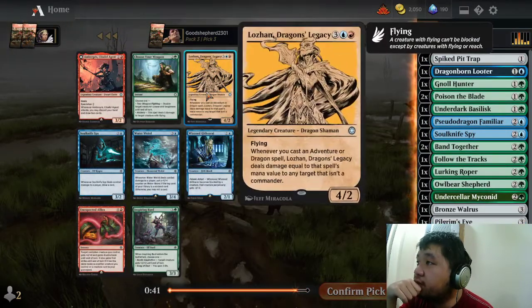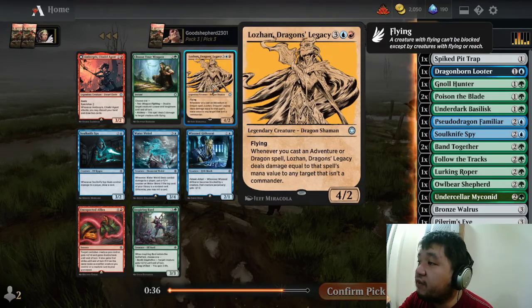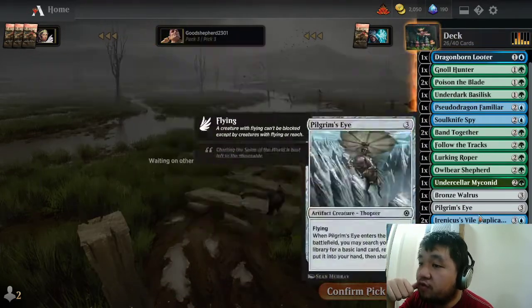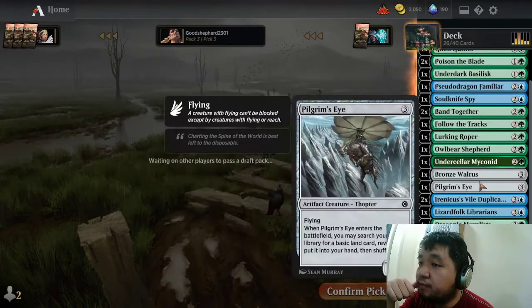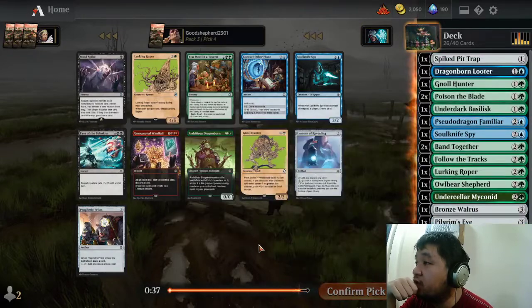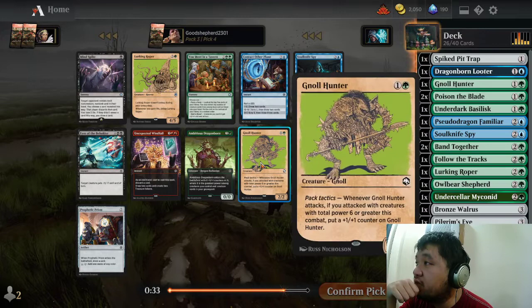Okay, choose your weapon. Lausanne, Dragon's Legacy. If we take enough, oh, we have enough adventures as well. We are already in blue, so we just need to find... So we can use Follow the Tracks to provide our red. We can use Pilgrim's Eye and Bronze Walrus likewise, and Myconid as well. Okay, I could take Ambitious Dragonborn, but realistically, it's not...